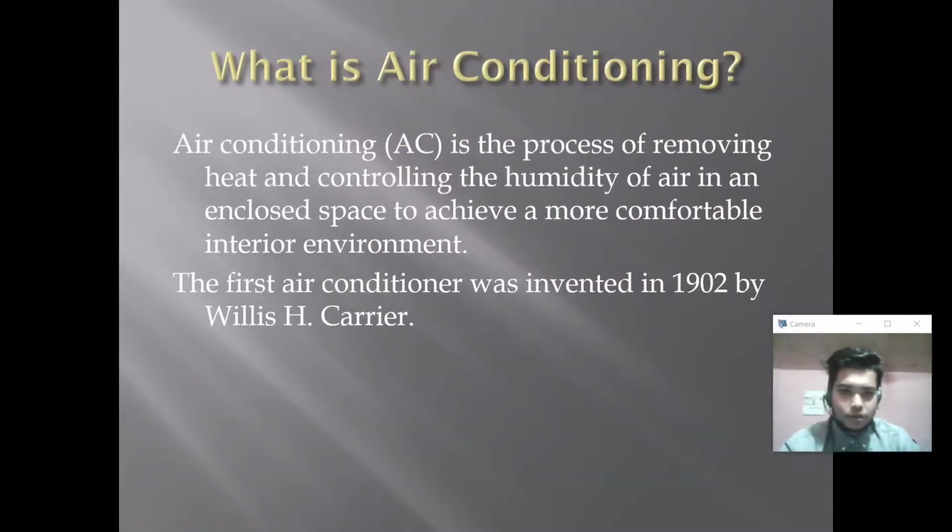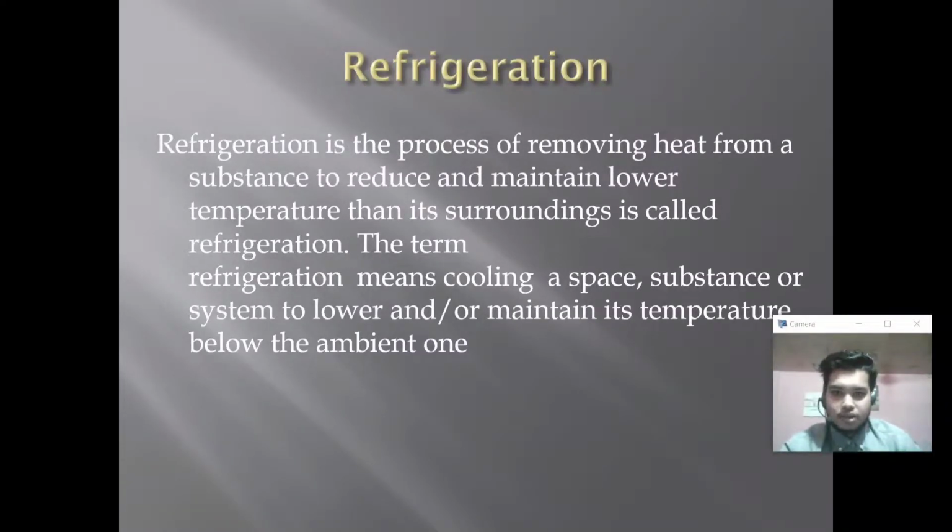What is air conditioning? Air conditioning (AC) is the process of removing heat and controlling the humidity of air in an enclosed space to achieve a more comfortable interior environment. The first air conditioner was invented in 1902 by Willis H. Carrier. What is refrigeration? Refrigeration is the process of removing heat from a substance to reduce and maintain lower temperature